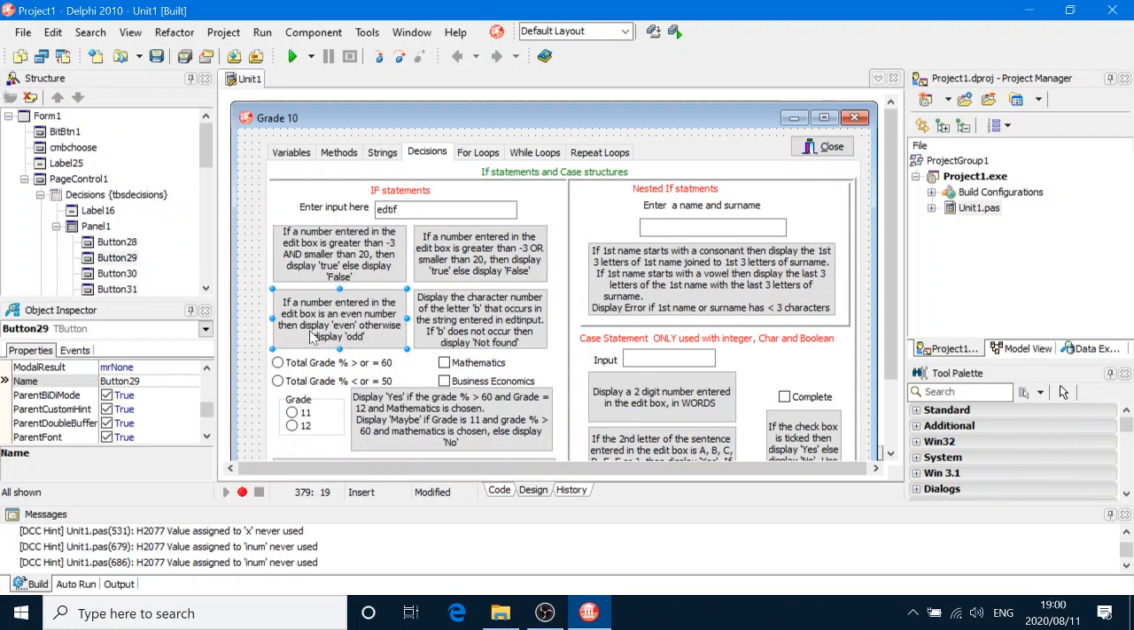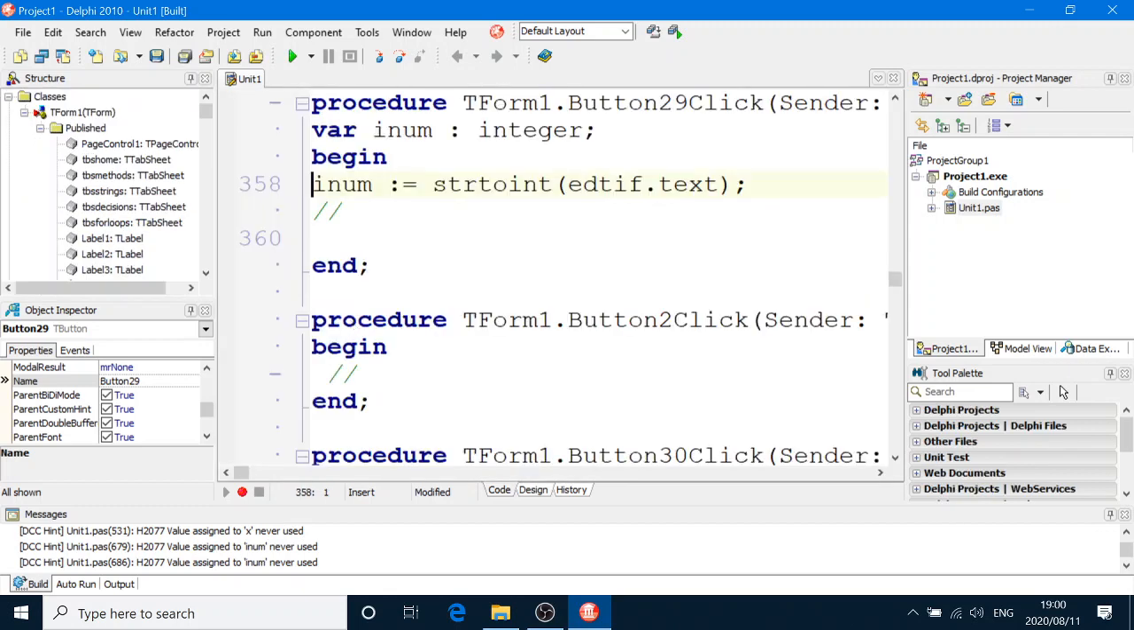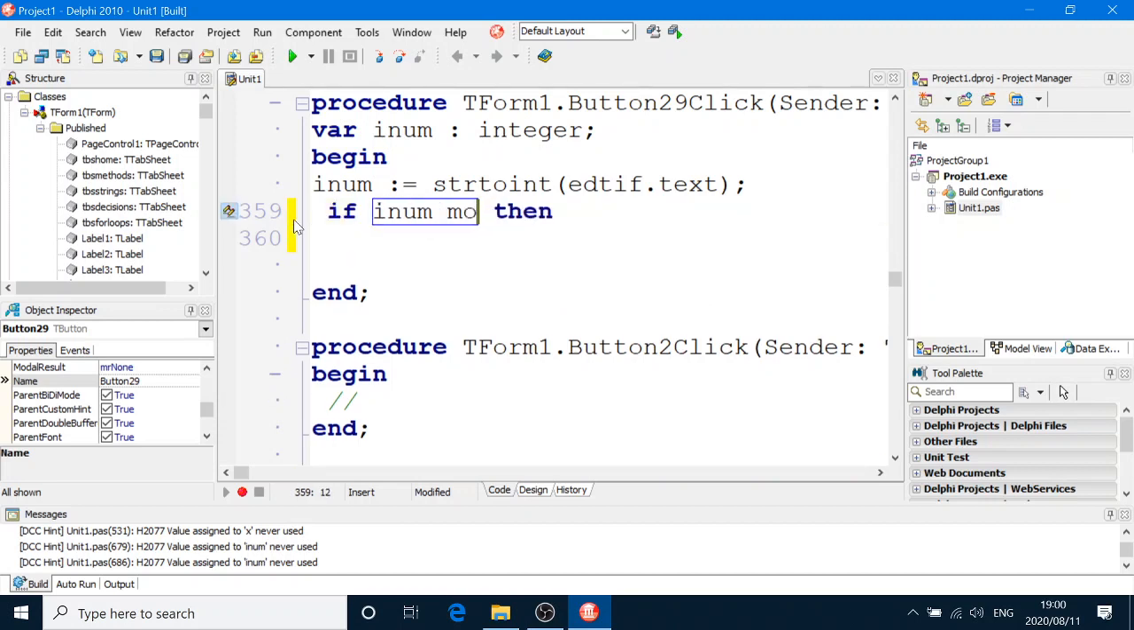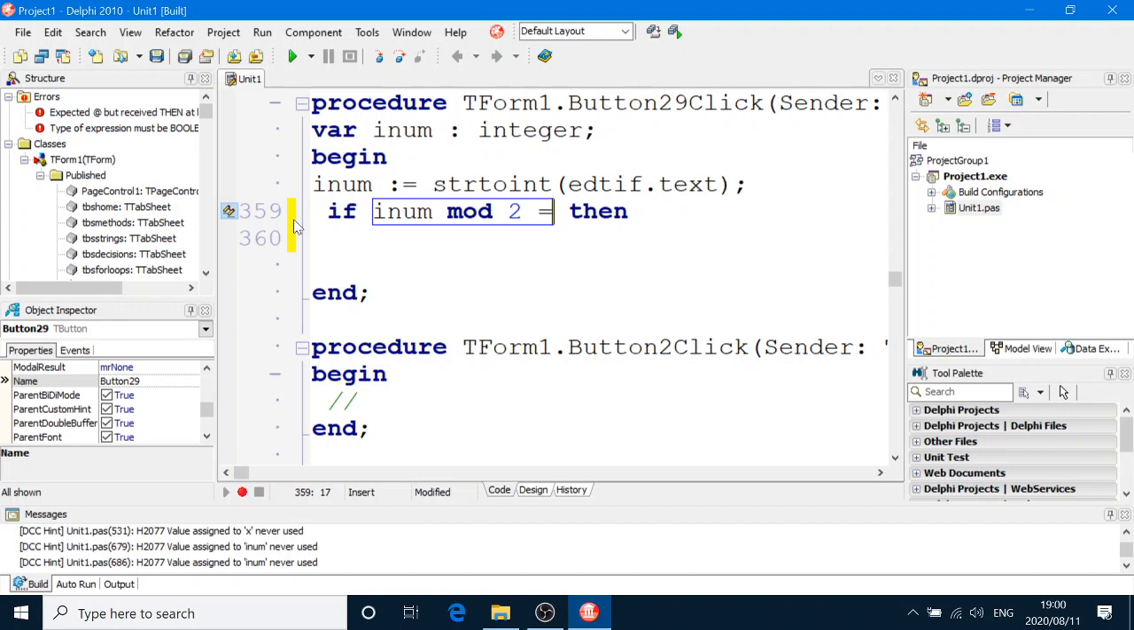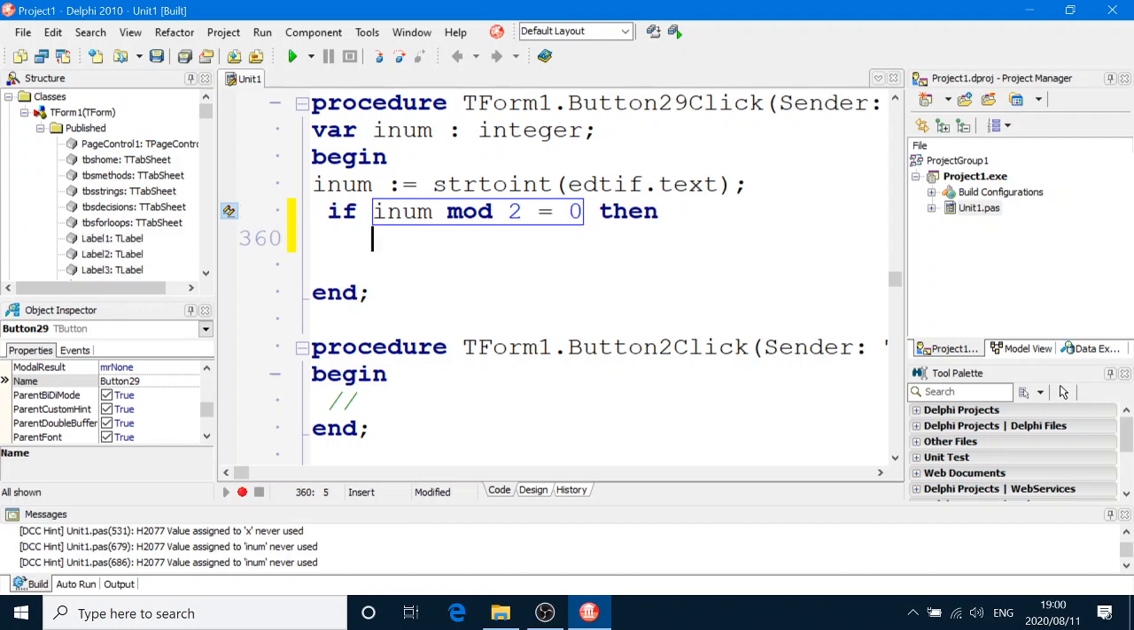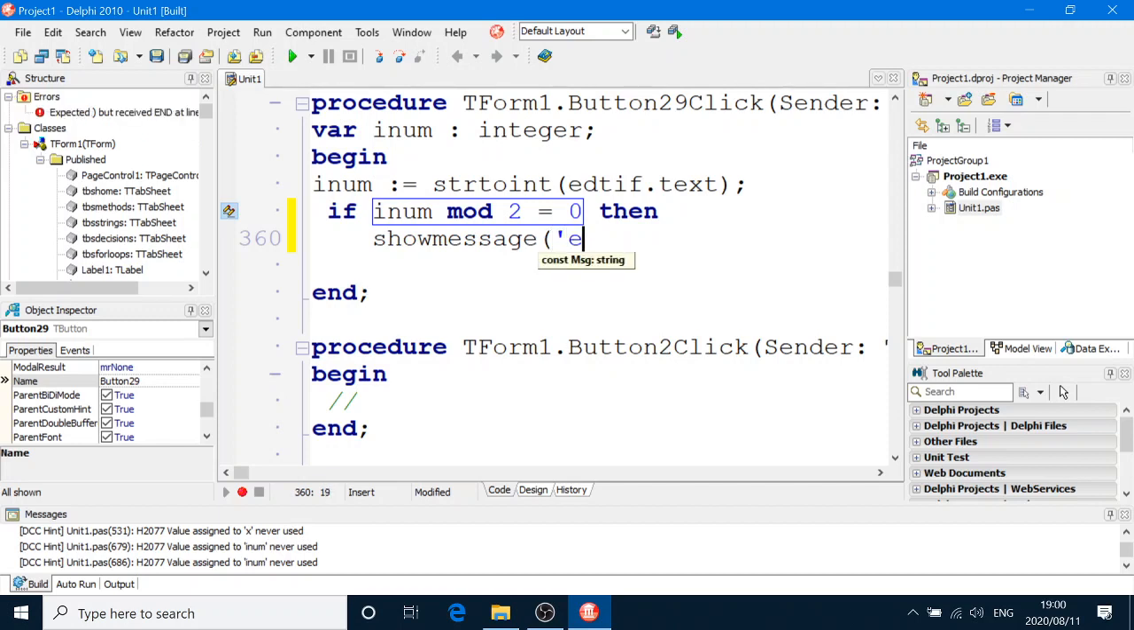Right, here's another if statement. If a number in the edit box is an even number, then display even, otherwise display odd. How do we know if a number is even? We're going to check. We're going to say if iNum mod 2 equals 0, then show message even, else